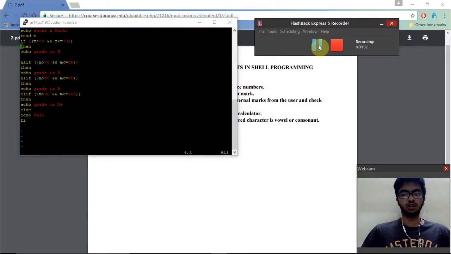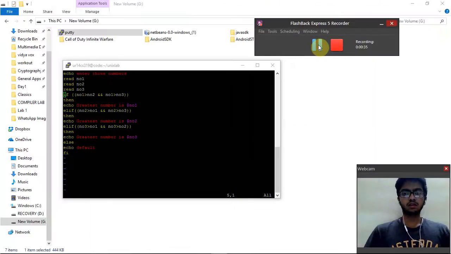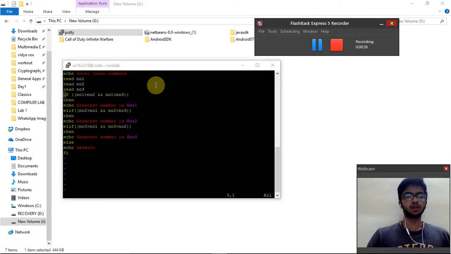Okay. As you can see, it's very slow. So this is our program for finding the greatest of 3 numbers. First, we input 3 variables, namely number 1, 2, and 3. Then we compare number 1 with number 2 and number 1 with number 3. If number 1 is greater than both numbers 2 and 3, then number 1 is declared as the greatest number. Likewise, we do the same for the other 2 numbers, number 2 and number 3, and display the result